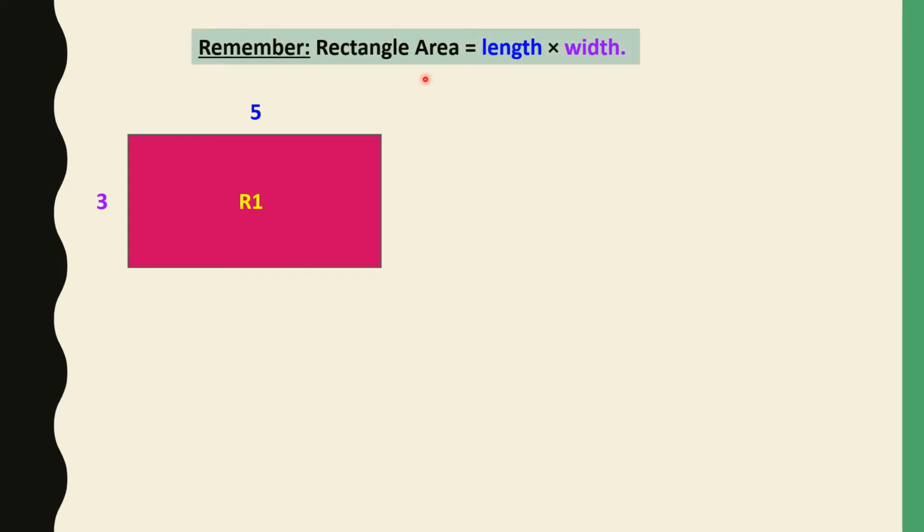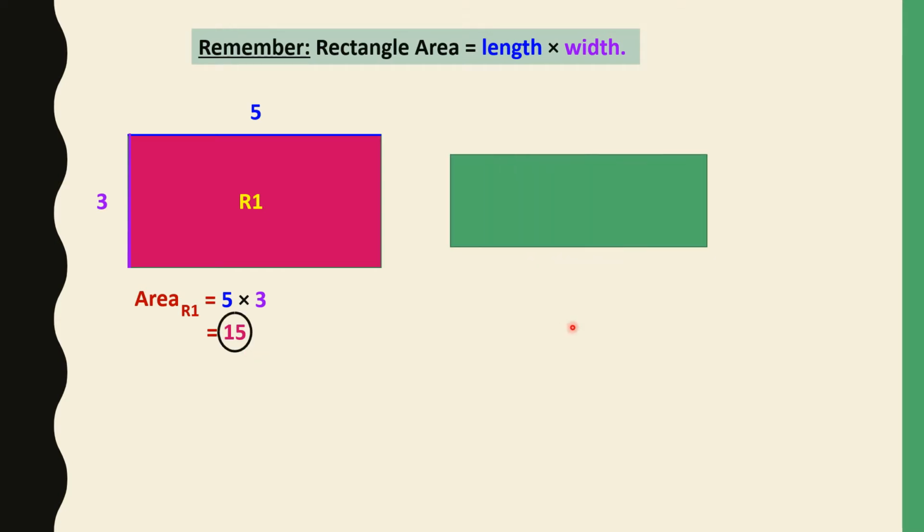Here in this figure we have a rectangle R1 of length 5 units and width 3 units. We are going to calculate the area of this rectangle. It means the surface that it covers, this pink surface. Remember, rectangle area equals length times width. So area of rectangle R1 equals length times width equals 5 times 3 equals 15